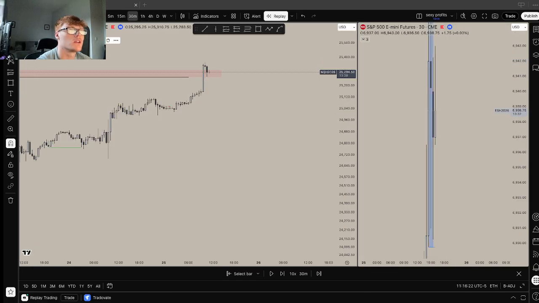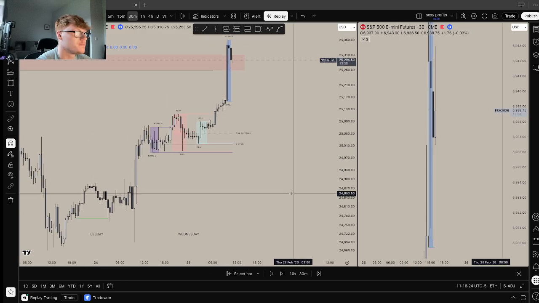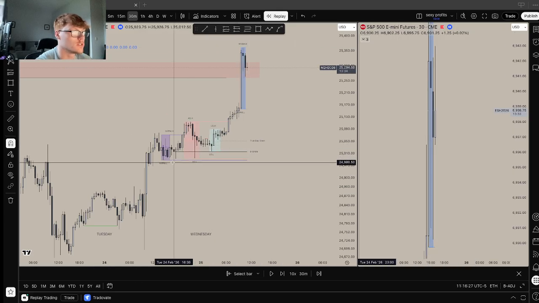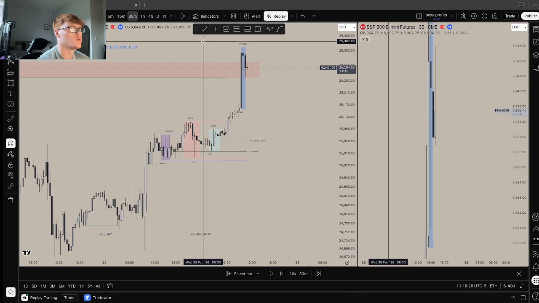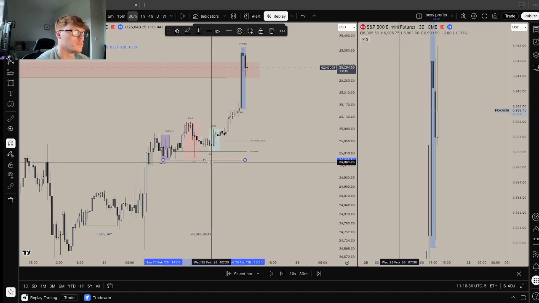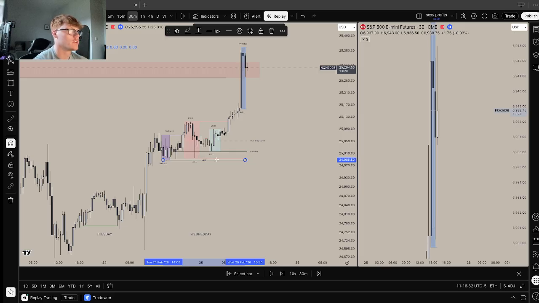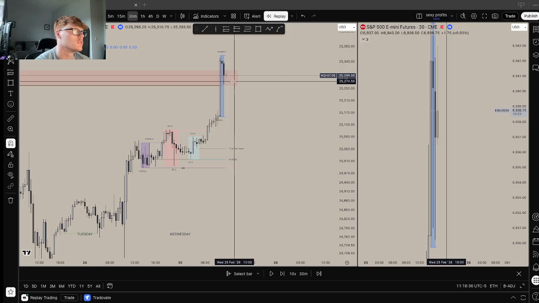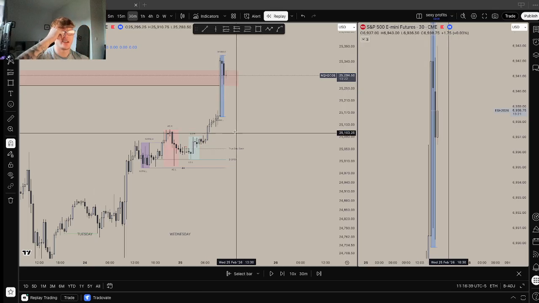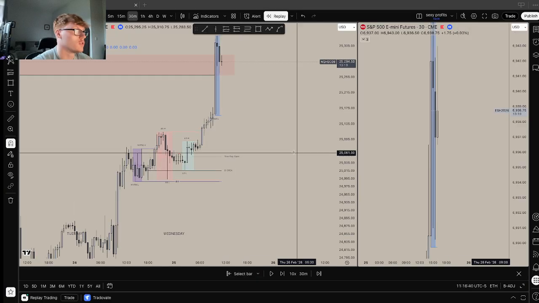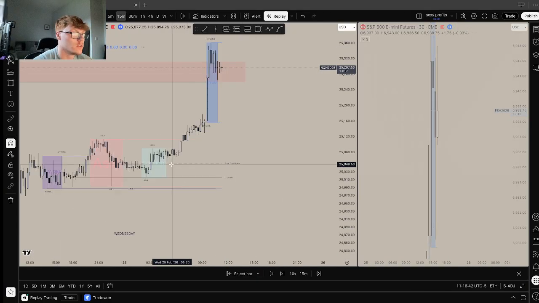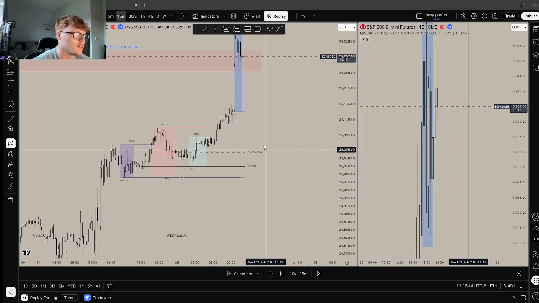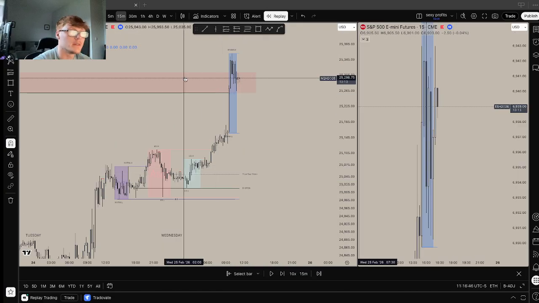So if I get the sessions out, we had London low, Asia low, and then we had this forward gap here as well as a full 4-hour bullish gap. So I was actually leaning kind of bearish on the day, until I ended up seeing this big spike upon market open. So we did have low resistance liquidity here and here. I thought these would be our draws for the day,